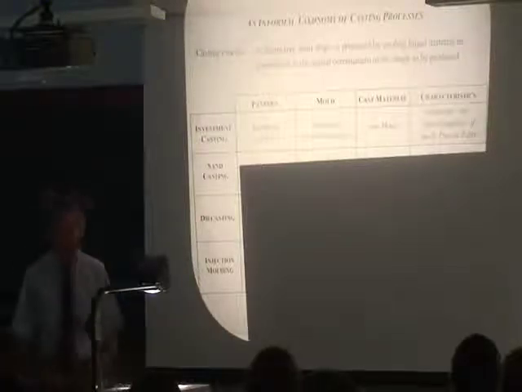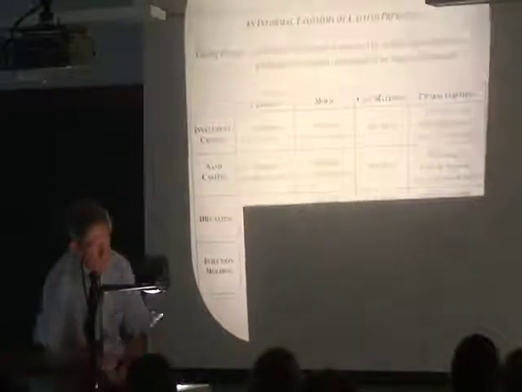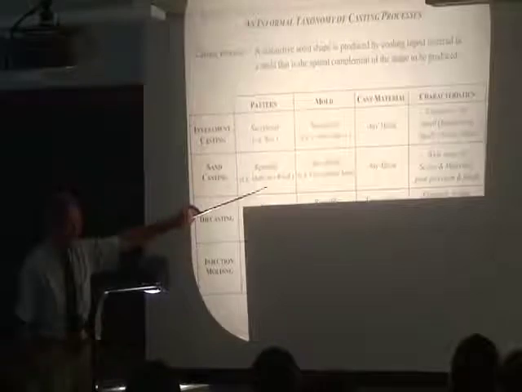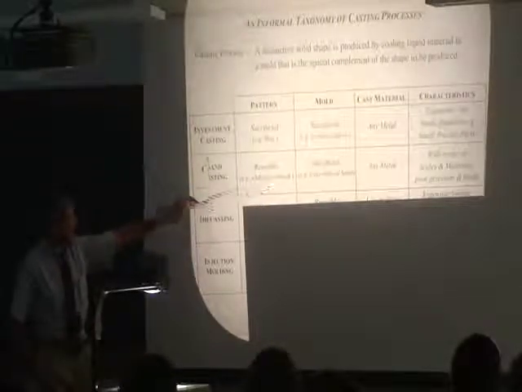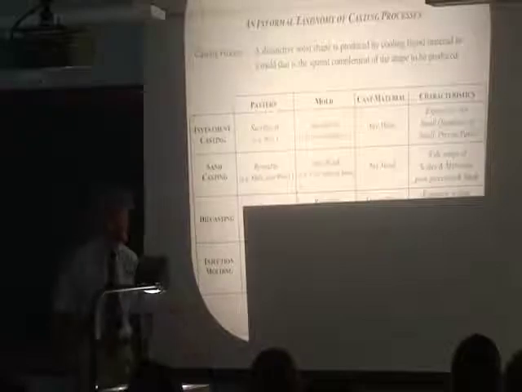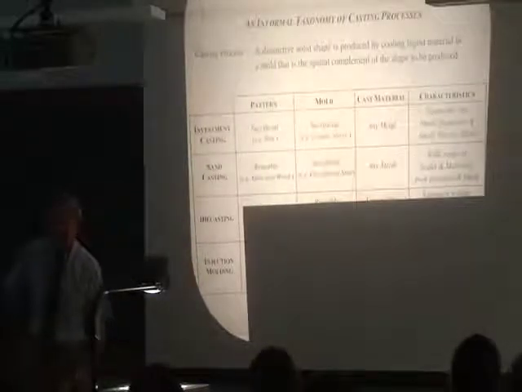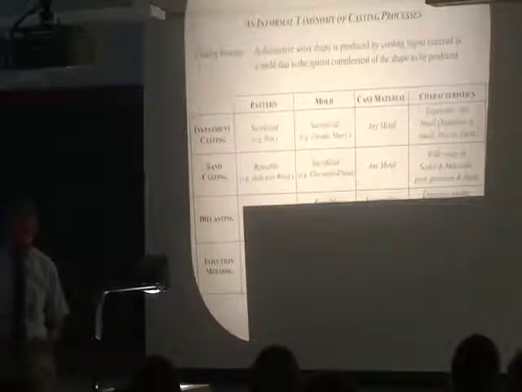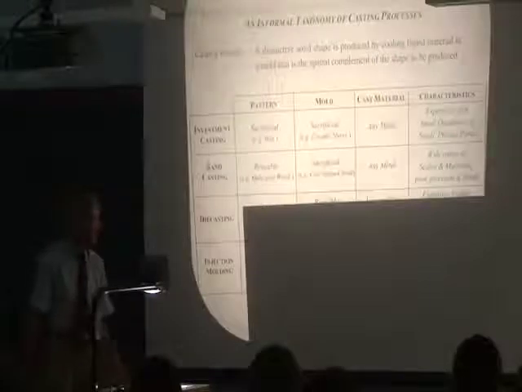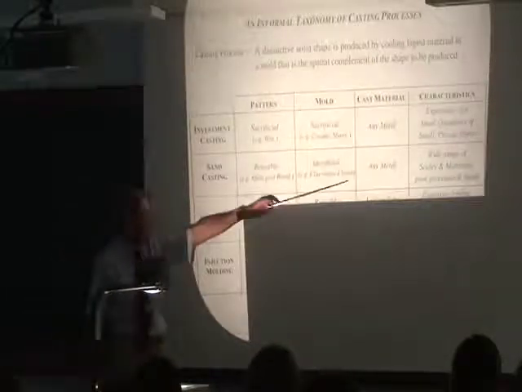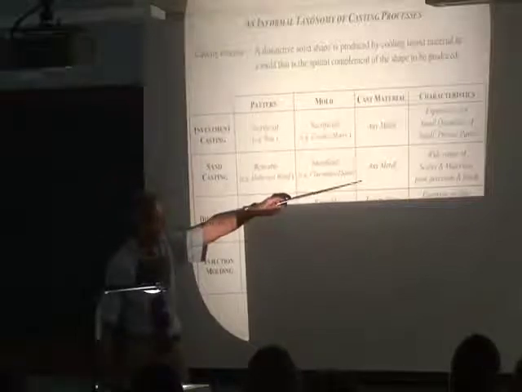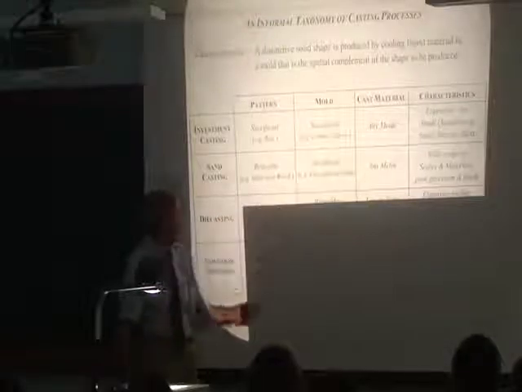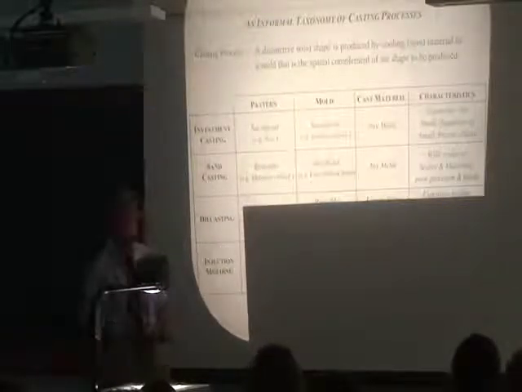Sand casting. We'll do this very quickly. Reusable patterns. Typically they're made of wood with several parts in the wooden pattern. The mold is sacrificial because it's clay-infused sand. And you have boxes called core boxes. You put your wooden pattern in the box, put sand around it, you tamp the sand with a power tamper, and you bake it to harden the clay. Then you pour in it typically steel, iron, things like that. And then to get out your part, you simply destroy the sand mold. Do it again using the same pattern.